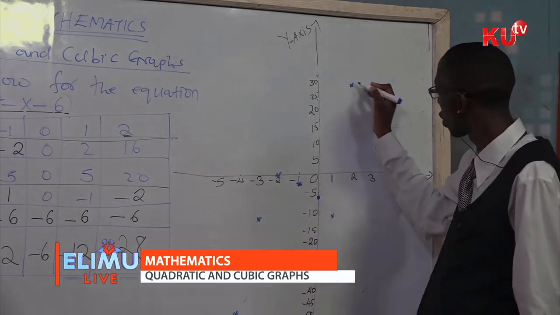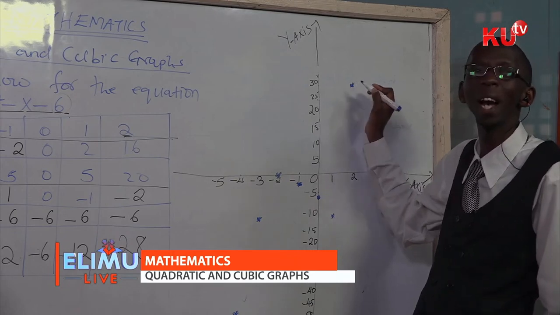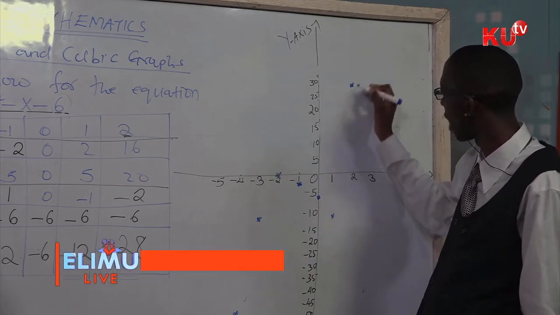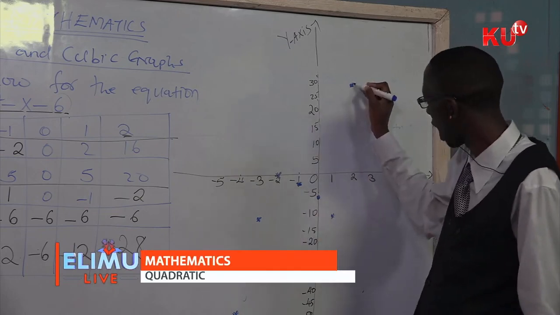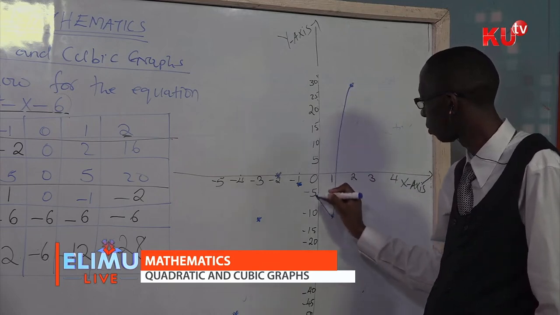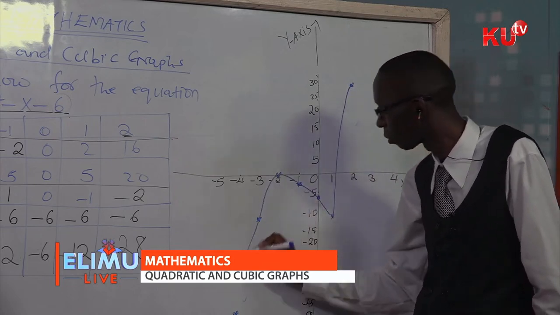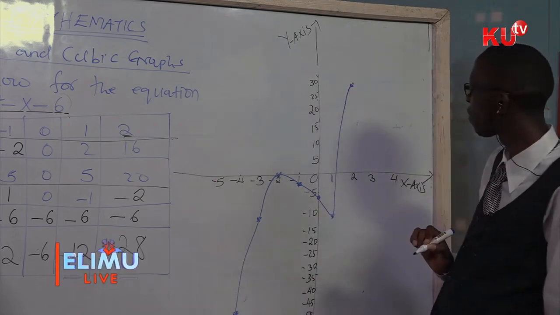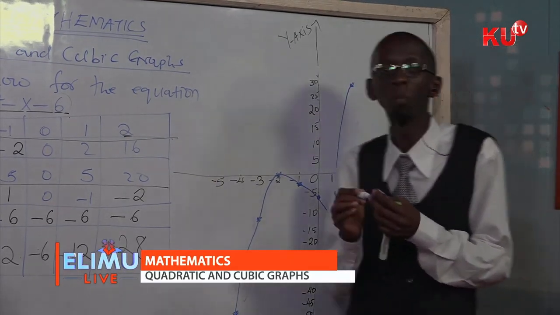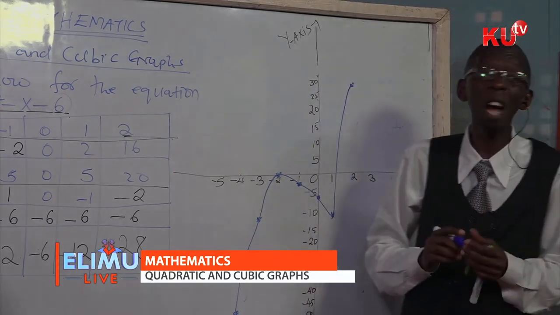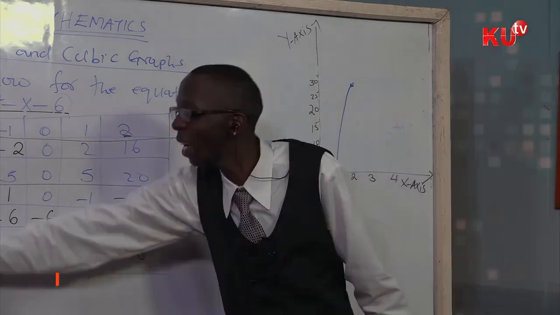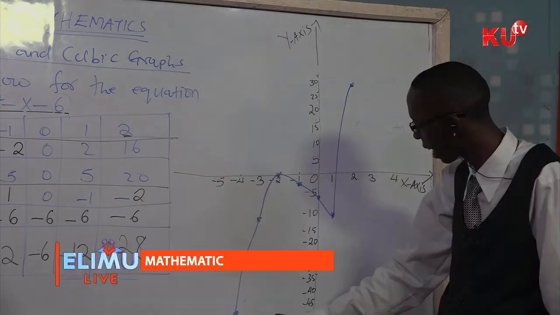Then you join your points. Do not use a ruler to join your points. Make sure that your curve is a smooth curve. Your curve must be smooth. This is how you join your points. Like my curve, it is a very smooth curve. Make sure that your curve is smooth, and if your curve is not smooth, then you must